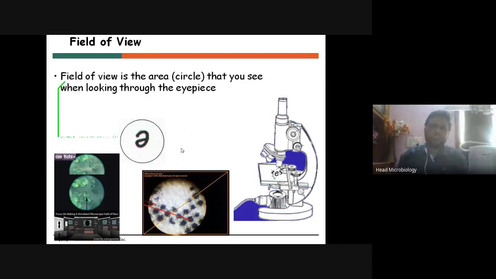How will you see through the microscope? I told you it is an inverted image, a reversed image. You will not be able to see the straight image. As I told you, the majority of bacteria are round or rod shaped, so it does not matter for us whether it is inverted. But if you see the Euglena, we'll see it head down with the flagella. Actually, it is upside, but in our slide, we'll see it down.